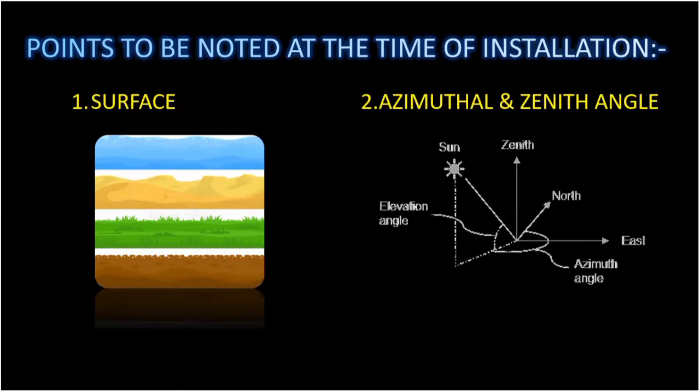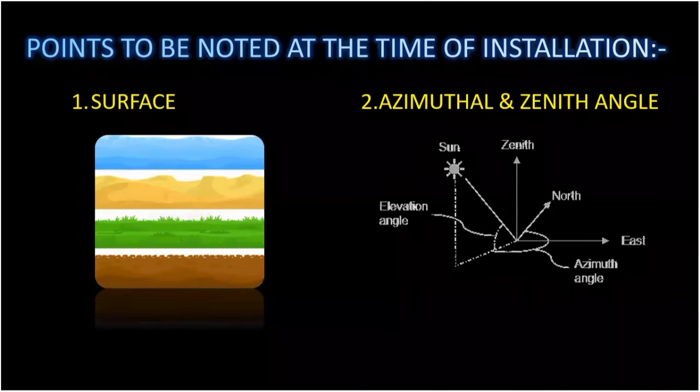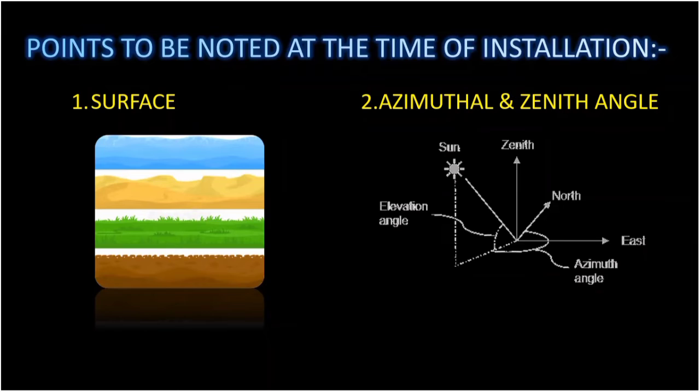These are the points to be noted at the time of installation. The first one is surface. We have to first see the surface, that is, plane or tilted surface, because without seeing it, we cannot plot the solar tree or find the proper direction, angle of incidence, and azimuthal angle, which we need at the time of planting. It helps the solar panel to easily capture the maximum solar radiation from the sun for power generation. It leads to the elimination of the shadow